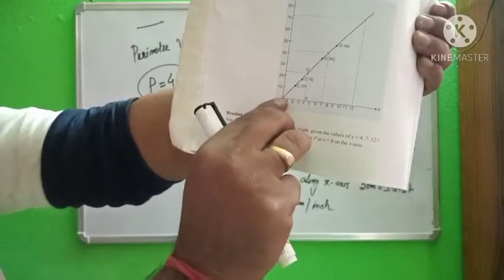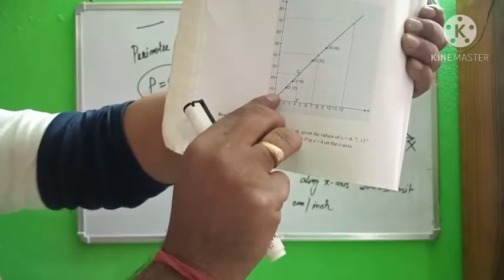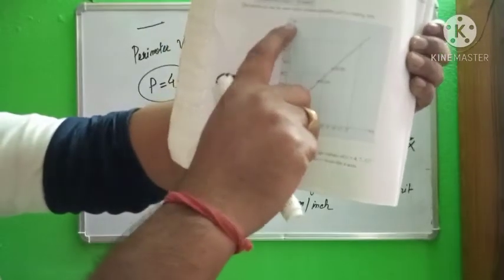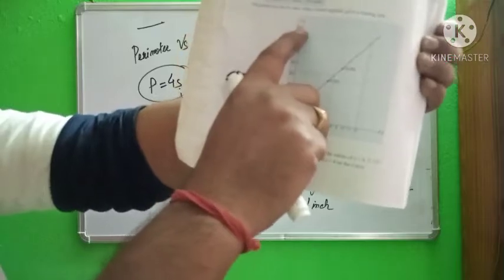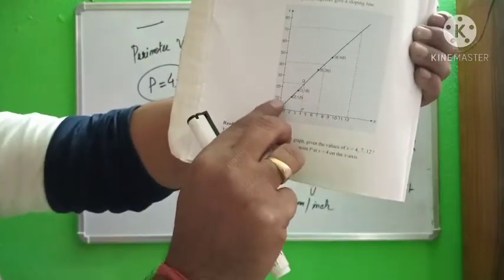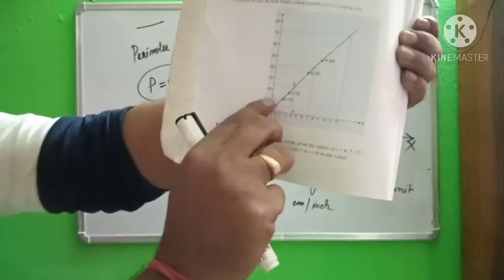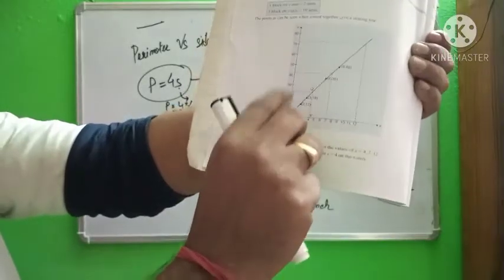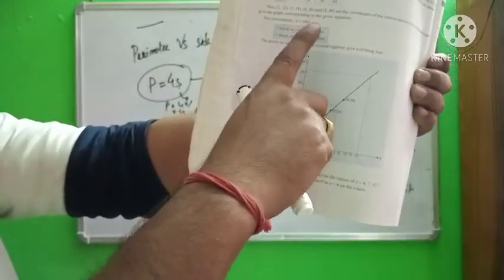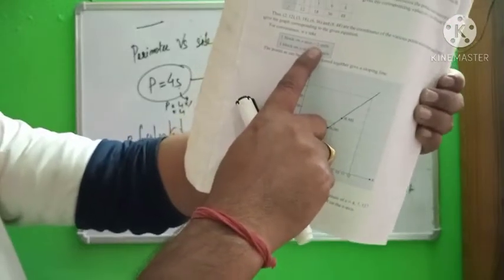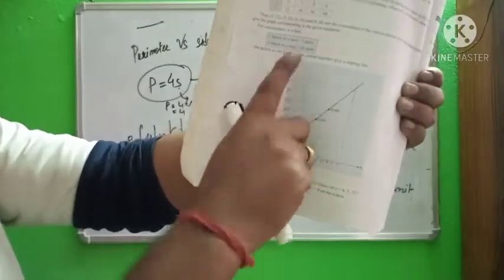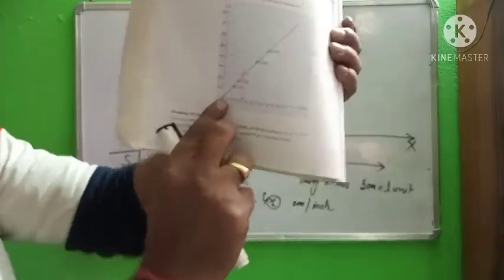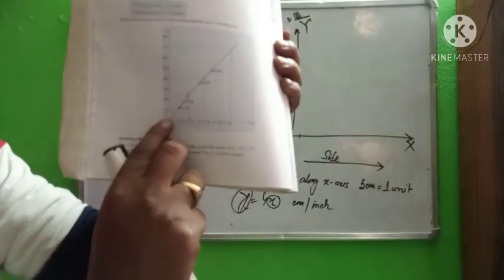If we take here 5 centimeter equal to 1 unit, then 1 2 3 4 5 6 7 8, 16 values come here, and the highest value of 80 is not possible. That's why we take 1 centimeter equal to 1 unit, or 10 centimeter equal to 10 units. As per your requirement, the scale is defined by yourself only. You can define how many units we take in how many centimeters.